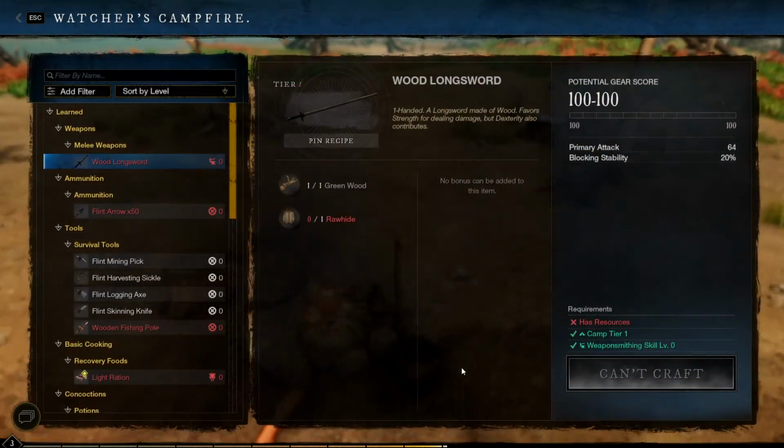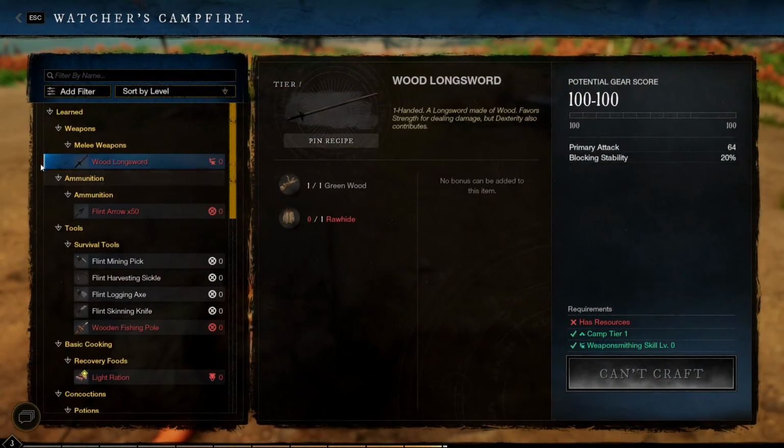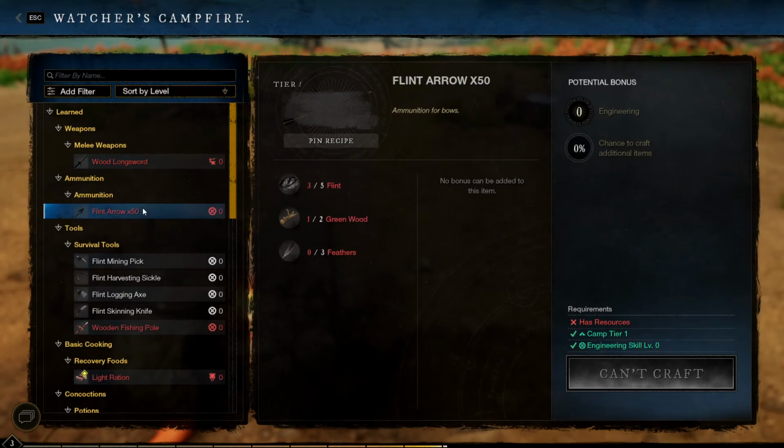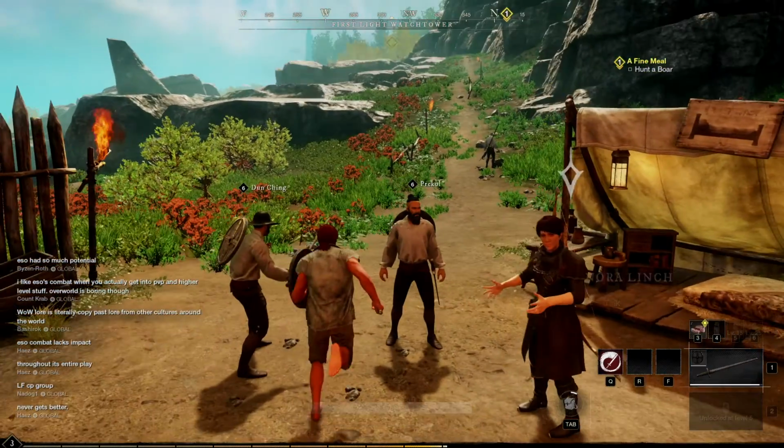Before you go do anything else, you come here and you can make, well, you can't make the bow yet, but you can make arrows. You get a bow as part of the quest line, so don't worry about that. But the arrows here require feathers. You have to kill turkeys for feathers, and I haven't found turkeys around here. So